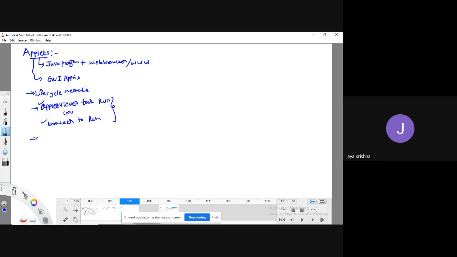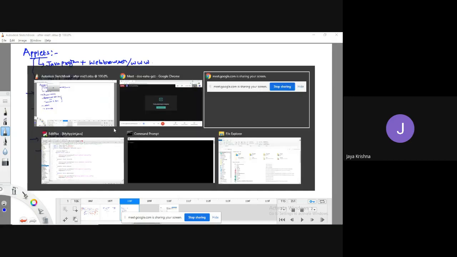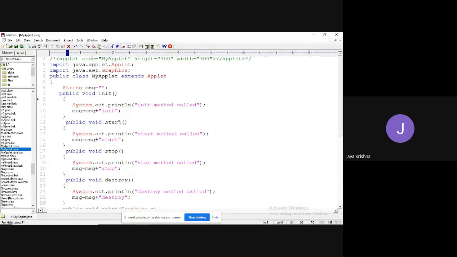And then we have seen what are the various steps needed to implement the applets concept. Then we have seen a basic example. That example I will show right now. Okay, this is the example that we have seen. While you are trying to implement with the help of applet viewer, the first line should be in the form of comments that contains the applet tag, applet code equal to the corresponding Java program name, and what is the height and what is the width of the applet that you want to display.